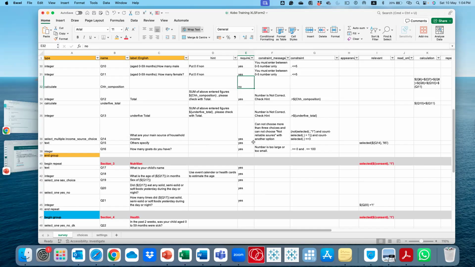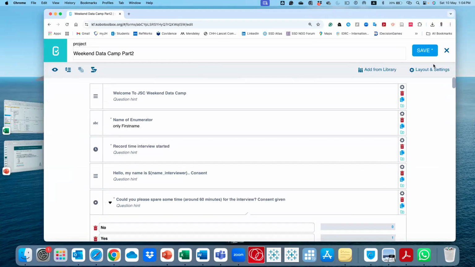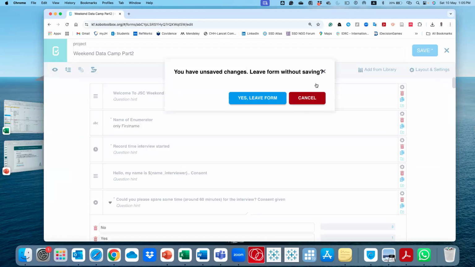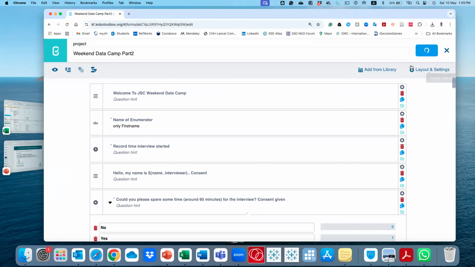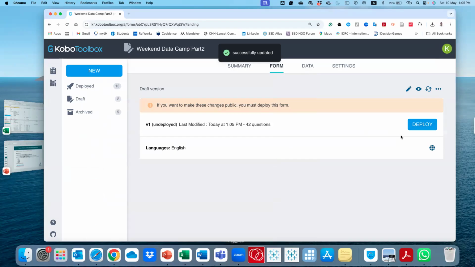Benjamin is requesting that you come again with another language. Oh, okay. So adding language you can do. Save. Okay, so we didn't see how to add language in the form builder. So maybe it's good to first show on the form builder and then you can go to the Excel form.